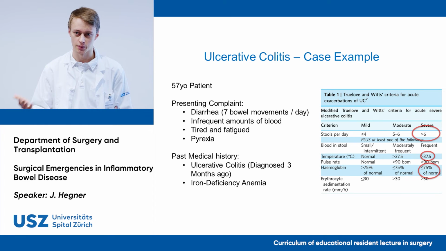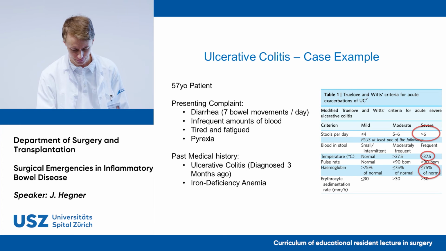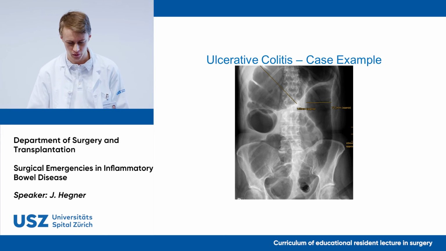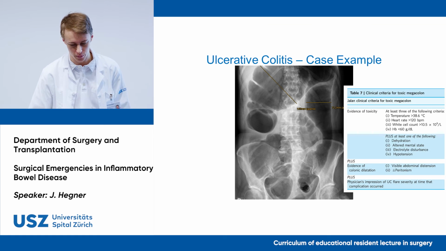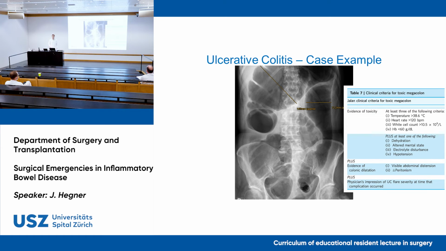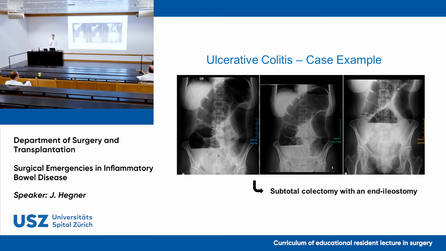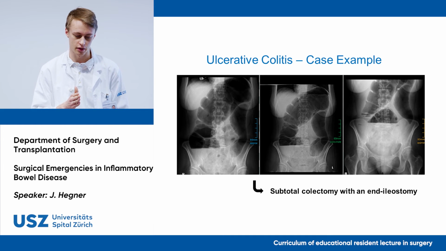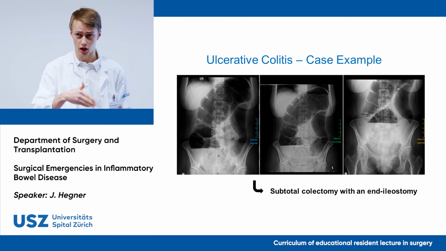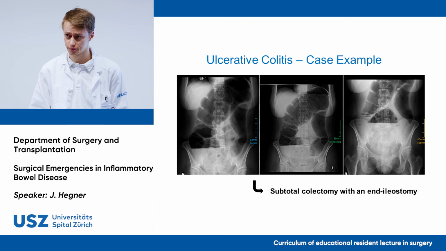However, she develops a distended abdomen on the 4th day of her admission, which we can't see here. And if we apply the corresponding criteria, we can see that she's having a complication. She's having a toxic megacolon. We have serial X-ray images over the next couple of days that show that the distension is present and is not receding. So my question again to the residents is, what would you do at this point?